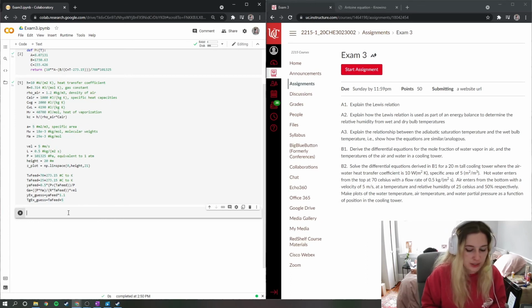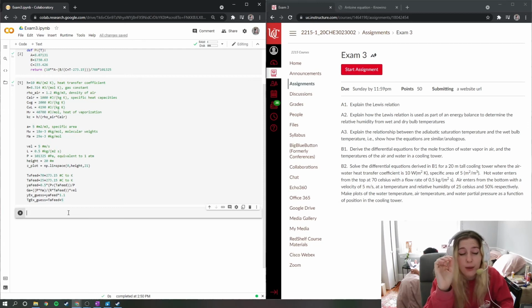So first we need to define our gas mass flow rate, G, and G equals the gas flow rate of the air in the gas plus the mass flow rate of the water in the gas. Since we don't have the water in the gas defined, we need to do that. So GW is for the mass flow rate, and it equals